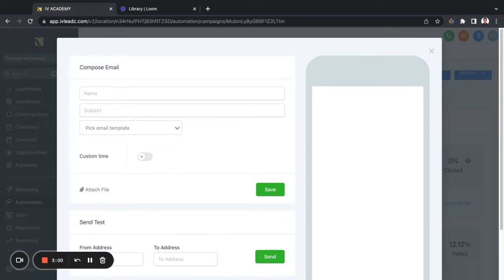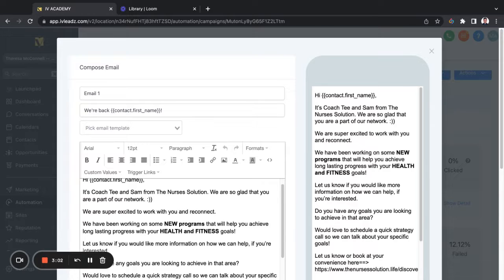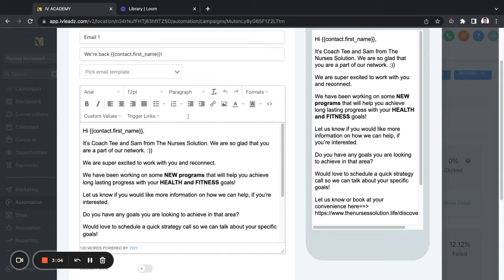So this is the email one that we've created. It's a very, not exactly simple, but it's a straightforward email. Like you don't have to have this very long email for this to work. You just have to be creative on how you're going to reactivate your client or list, and also making sure